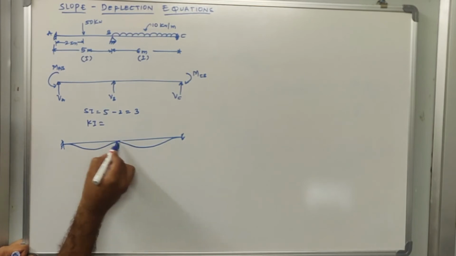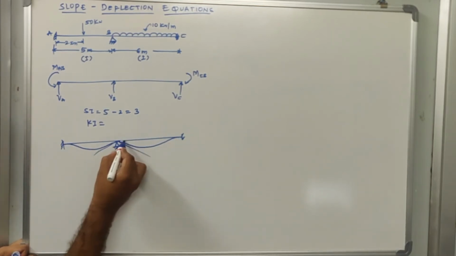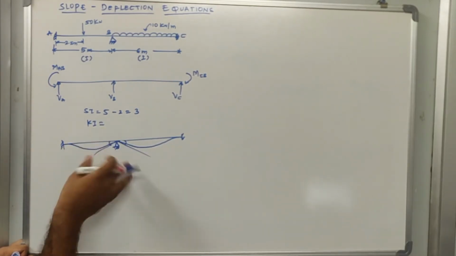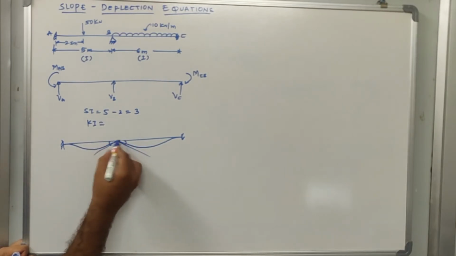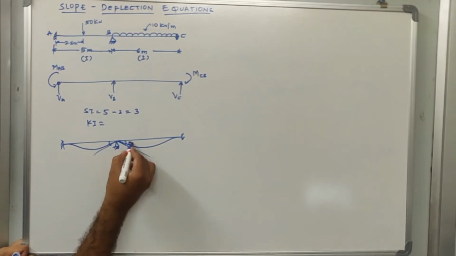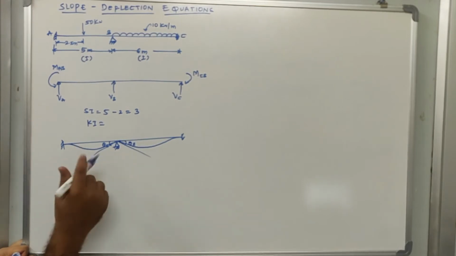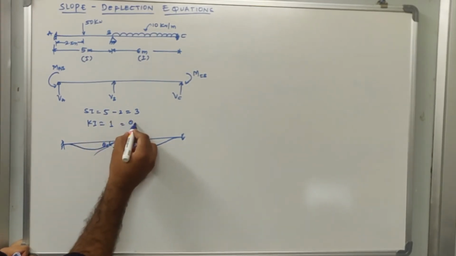So this would have been like this. Here the slope is 0, here the slope is 0, but there exists a slope here because this is a pin joint. Because of that, we assume that there exists a rotation. So the value of rotation of both the members at joint B will be the same, which will be theta B itself. So we have one kinematic indeterminacy, which is your theta B.